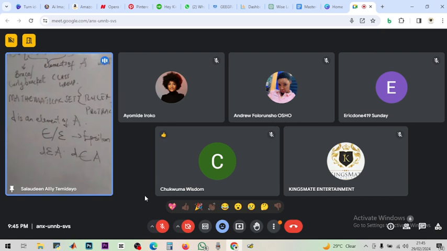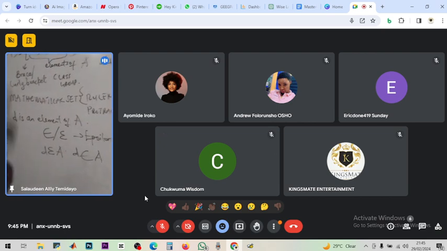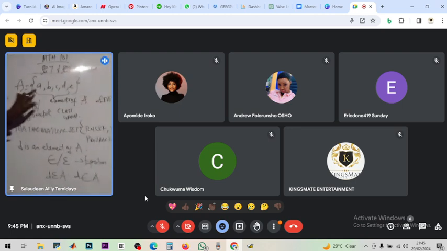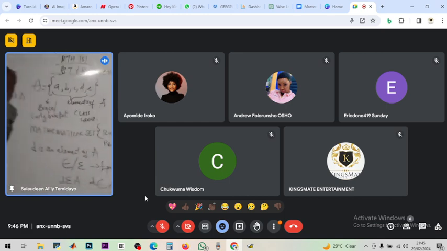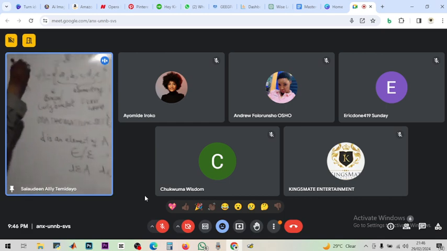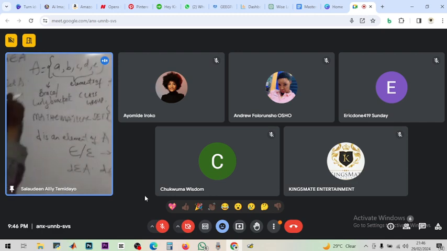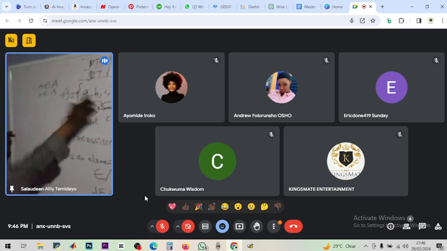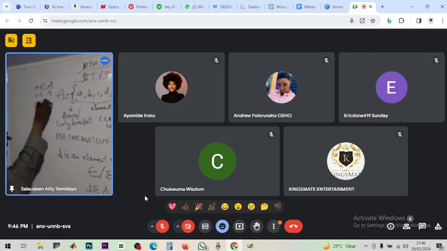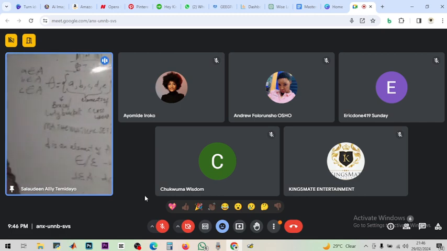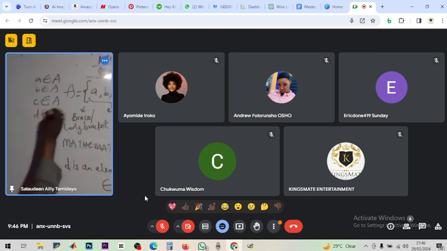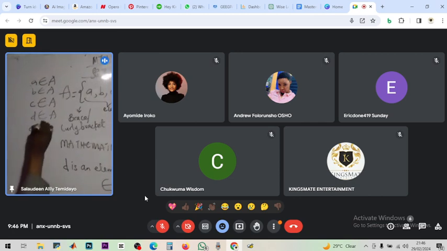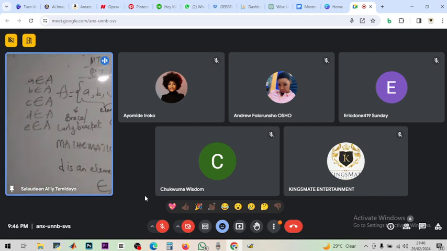So when I now say this is a set, now look at this set we have here. According to this set, we know the elements of set A. I can say a is an element of A according to this set. I can say b is an element of A according to this set. I can say c is an element of A. I can say d is an element of A, and I can say e is an element of A.